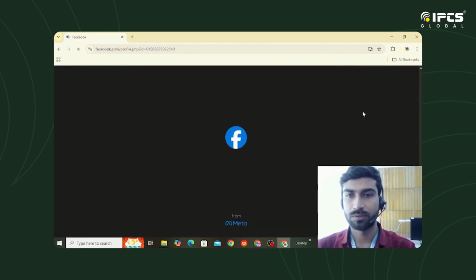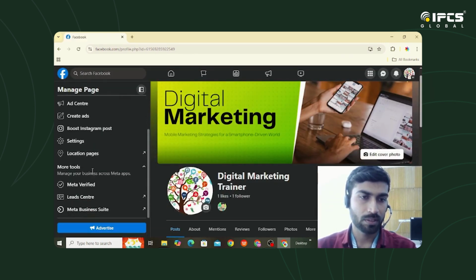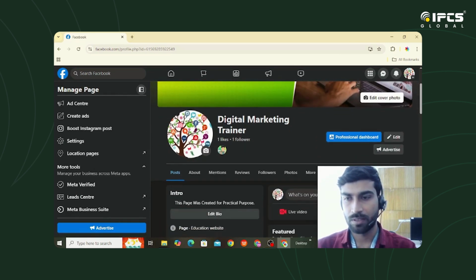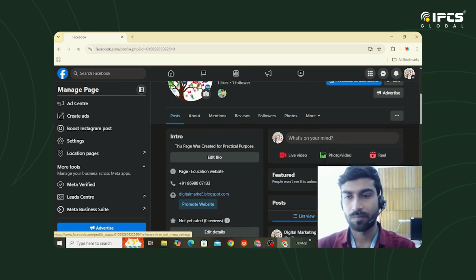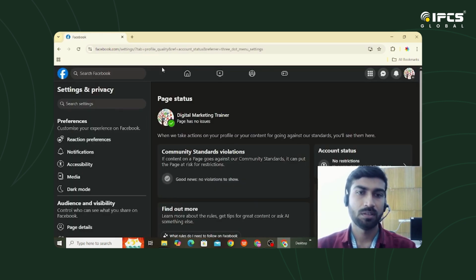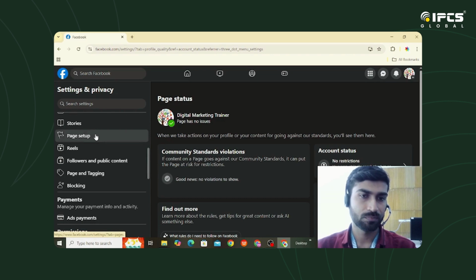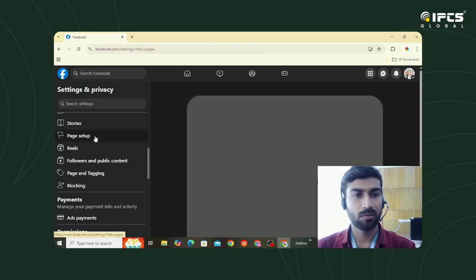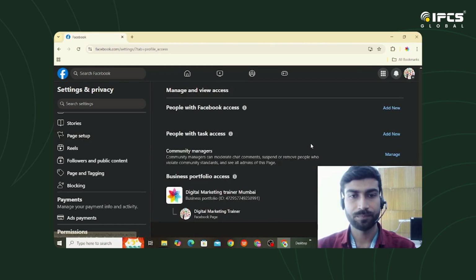then go to the page, and now we can see here you need to click on this page status. The whole setting about the page will be active here, and when you scroll down you can see a tab, there is page setup. So after clicking on this you can see here page access. Click on the page access,